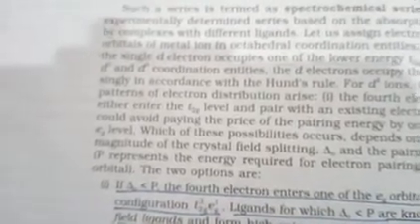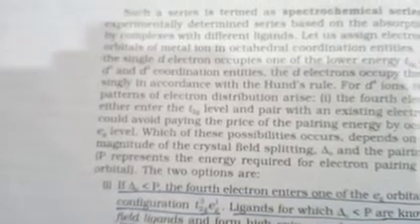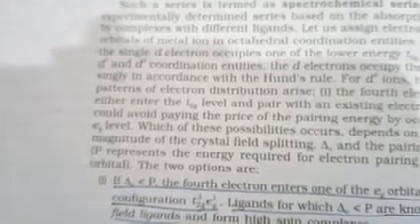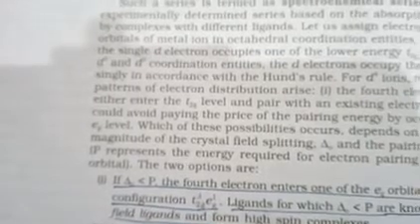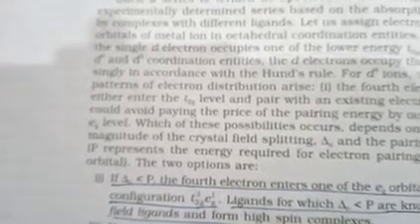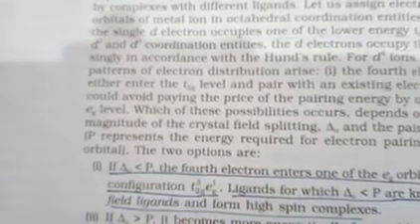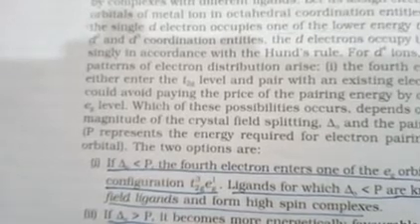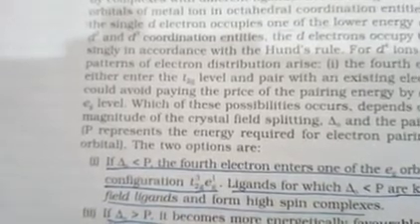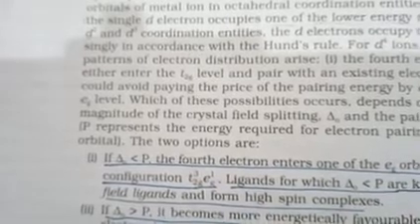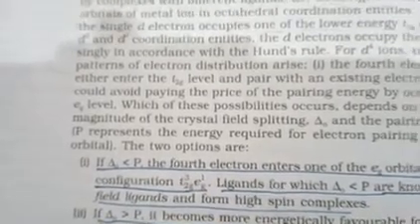It is an experimentally determined series based on the absorption of light by complexes with different ligands. Let us assign electrons of the d orbitals in the metal ion in an octahedral coordination entity. The single d electrons occupy one of the lower t2g orbitals in d2 and d3 electronic configurations. The d electrons occupy the t2g